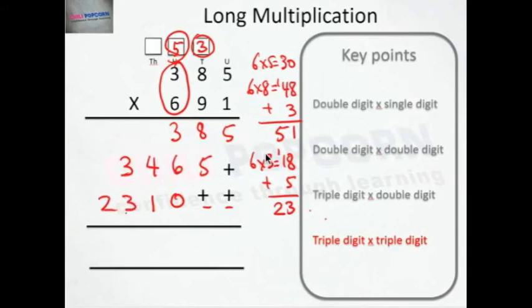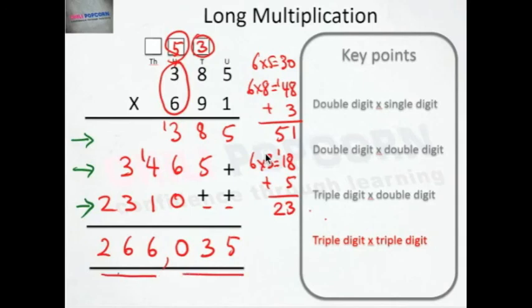Remember, we're not quite done yet. We've got one last simple step to do, which is to add up these 3 numbers. All 3 numbers need to be added up. So that's 5. 8 plus 5 is 13, carry 1. 1 plus 3 is 4, 4 plus 6 is 10, so that's 0, carry over 1. 1 plus 4 is 5, 5 plus 1 is 6, 3 plus 3 is 6, and 2 is 2. So the answer is 266,035. So that's how we do triple digit multiplication, and we'll have a few exercises for you to work on now,